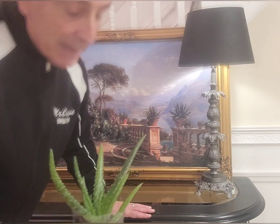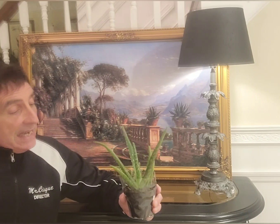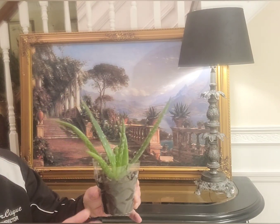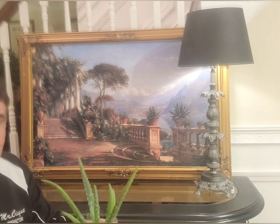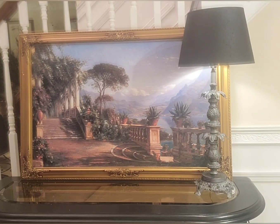I don't keep many live plants in the house anymore because I don't know why, but I do really well outside with plants, but inside plants I tend to kill. Someone gave this plant to Marianne. This is an aloe vera plant. One of her clients gave her this, and I thought, hey, why not try it here in the foyer? Now, I did not change it out of its plastic pot yet. I'm leaving it for now because I want to see how it goes. I don't want to kill it early on. But what I want to do is